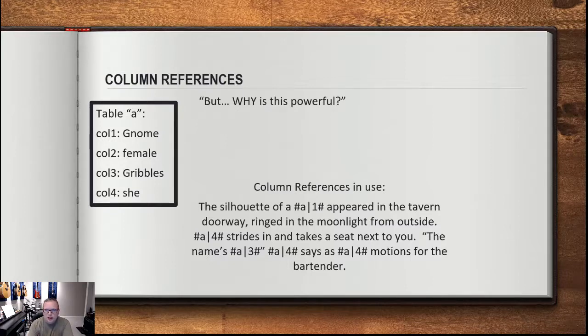The silhouette of A, we want table A, column 1, there. And as we go through, you see I use different columns in different places to end up with something that